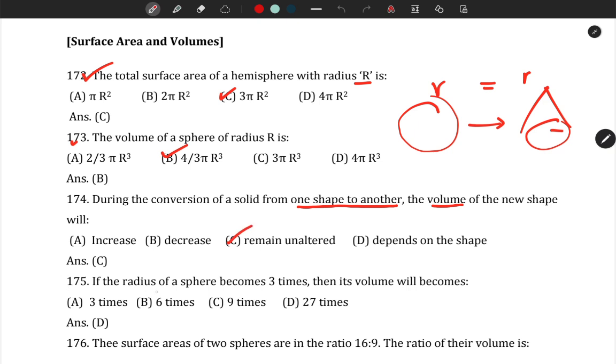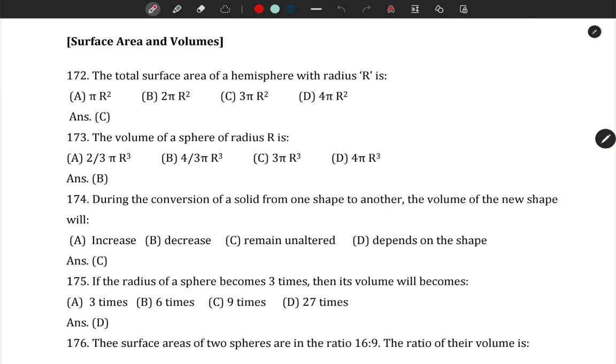Next question, if the radius of a sphere becomes 3 times, then its volume will become, so when the radius increases by 3 times, the volume will increase by 27 times. So we know the volume of a sphere is given by 4 by 3 pi r